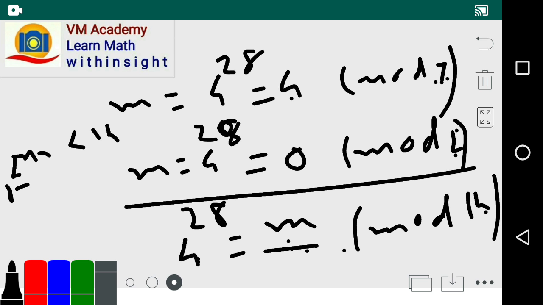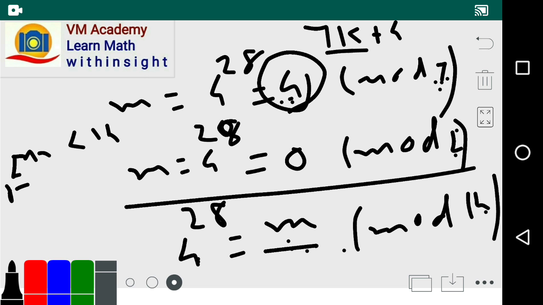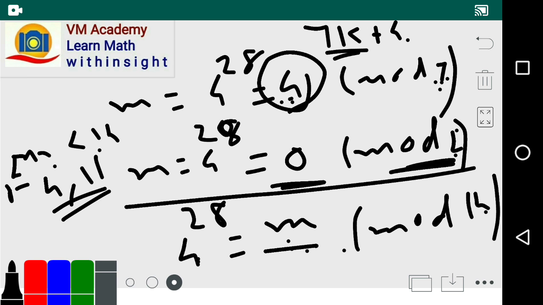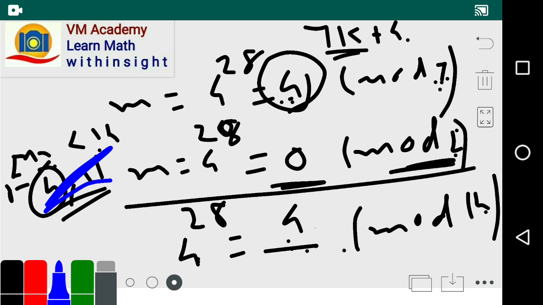Now between 0 and 14, here the number is 7k plus 4, that is a multiple of 7 plus 4. So what are the numbers? They are just 4 over the multiple of 7, that is 4 and 11, and out of these numbers, which number is perfectly divisible by 2? That is 4. Therefore m becomes 4, friends. This 4 is our solution.